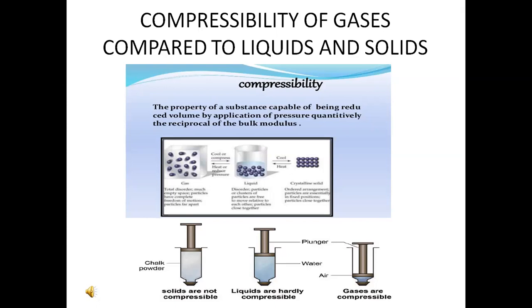See this example below. Let us take three identical syringes. Close the nozzles tightly with a cork. After removing the plunger, first fill one with fine chalk powder. Try to press the plunger down. What do you observe? Now let us fill the second one with water. Press the plunger down. What do you observe?